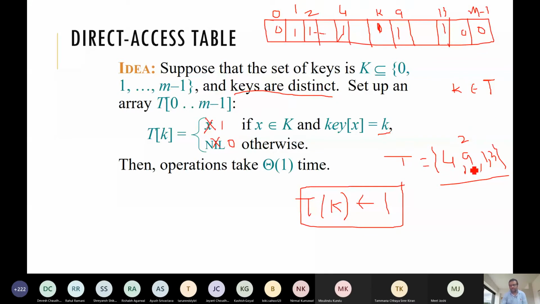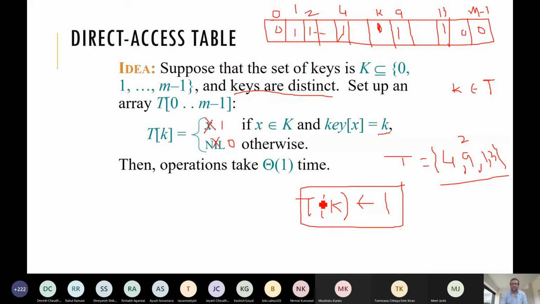So for this set, if these are our key values, forget about this record business. If you are not comfortable, we have some key values. So these key values we are storing into this array. This is a bit vector. Where if the key is present, we put 1 there. If the key is absent, we put 0. And this X we have written here means that the record is present there. So this is how to insert.